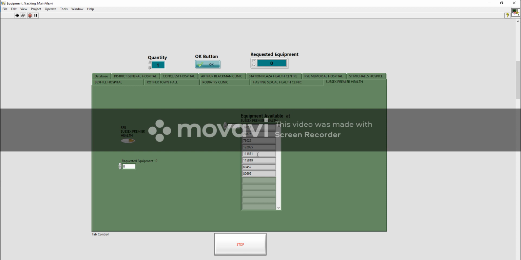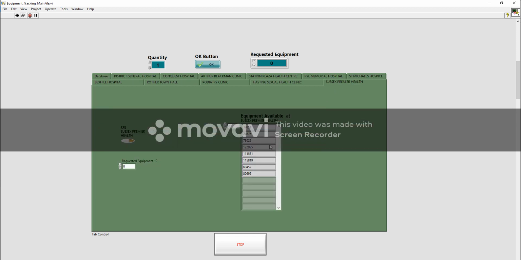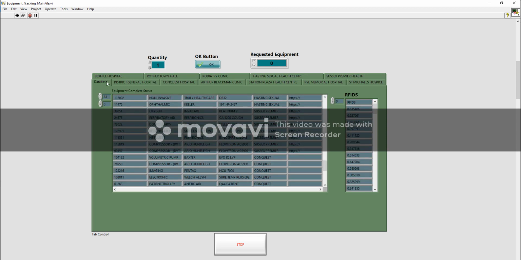You can also see the equipment available in the list is collected from the database. Like you can see, there is Sussex Hospital. The equipment numbers related to that hospital have been segregated and enlisted in a separate list. So the working of the code is such that first we see the database, in which every equipment has its unique equipment number,